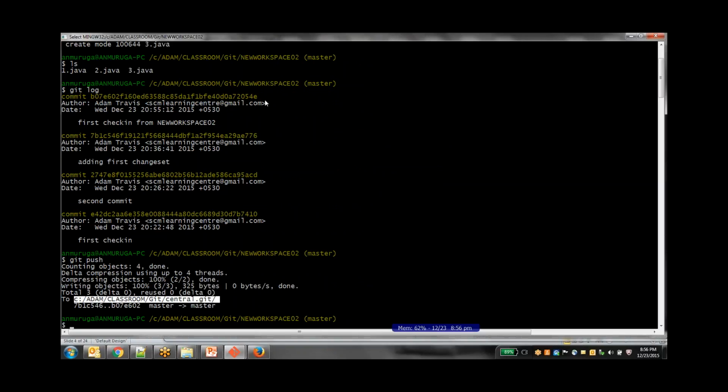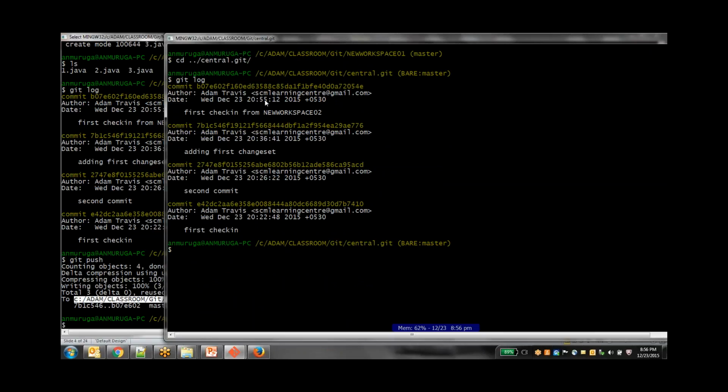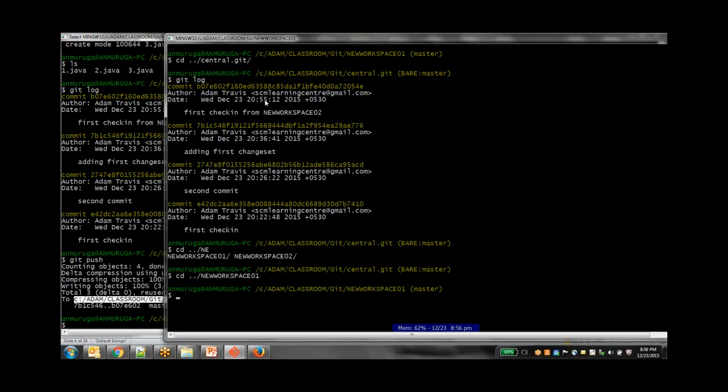Now, this is the general scenario on how people would be creating a new workspace. This is absolutely fine. But think about this scenario. What will happen to the user who is working on this workspace called new 01? He is still working on some old change, right? Now, if he wants to get the new changes